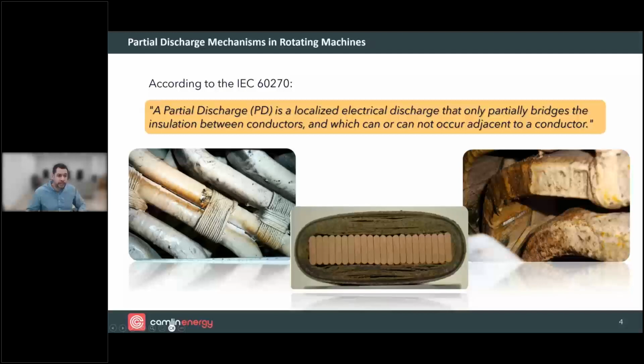So here we can see between two bars in the end arm regions, you see this white chalky substance is the formation of nitric acid at this location. And that deposit is indicative of high electric discharge activity at this site, okay? Eventually, this site may have some carbonization on the material surfaces, and in a similar fashion as described for the void case, you may have a weakening of the overall insulating level of the winding, and a failure could occur